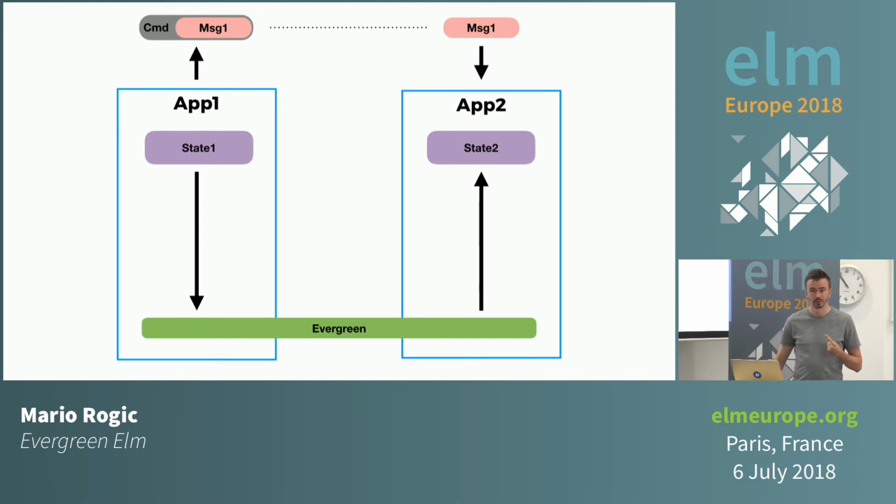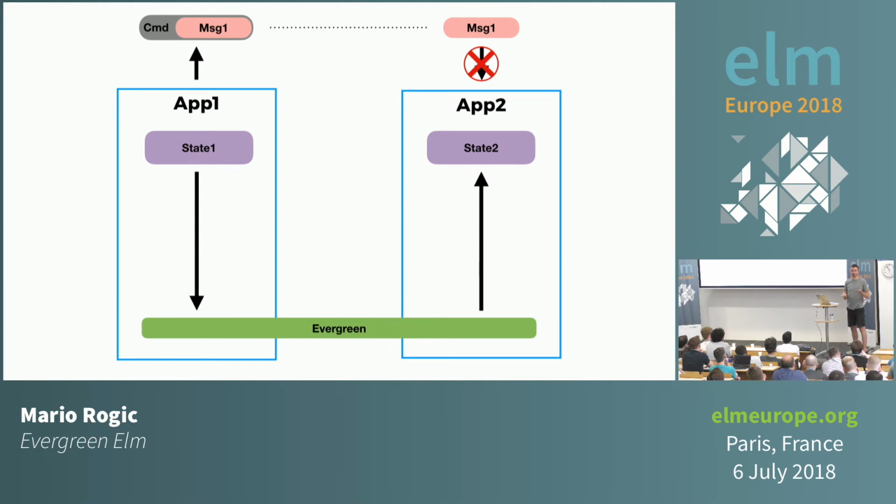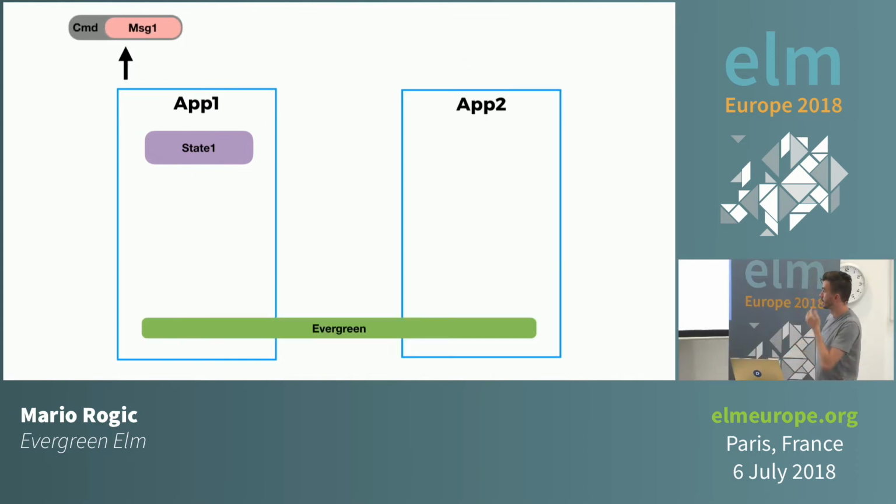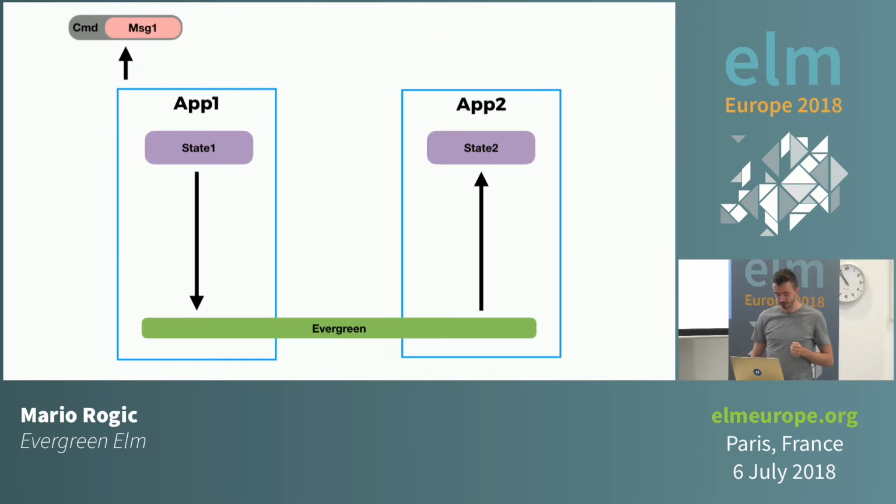Now, the problem that we have here is that this message type is from our original application. It's not message 2, so it doesn't really make sense to put it in here. I mean, we could cram it in and hope that the message types haven't changed, but that's not really that nice. So what could we do instead? Well, let's consider the same scenario. State 1 has gone through to state 2, and we've got that command still pending, potentially. Well, actually, we can use exactly the same mechanism.